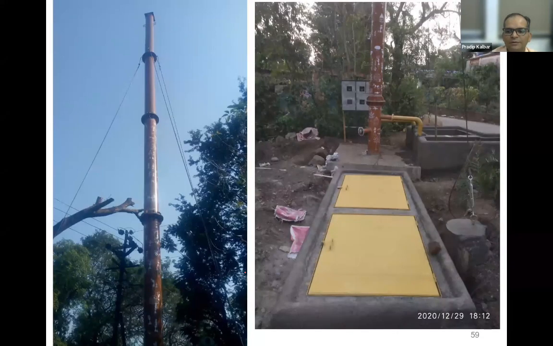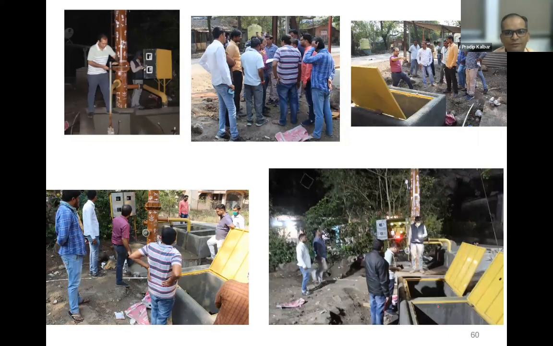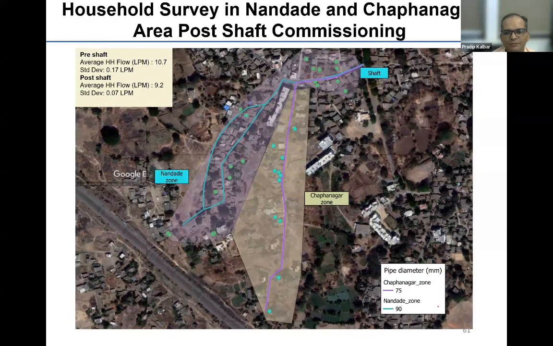So you can see, in December 2020 we commissioned this shaft. Anyone who wants to visit can visit in Safale, Palghar, 90 kilometers away from Mumbai. The entire Gram Panchayat and my research team were involved. We operated this same system with our own hands and monitored the data. Based on that, we are making all of these recommendations. We monitored the data, and we were able to deliver the same service.